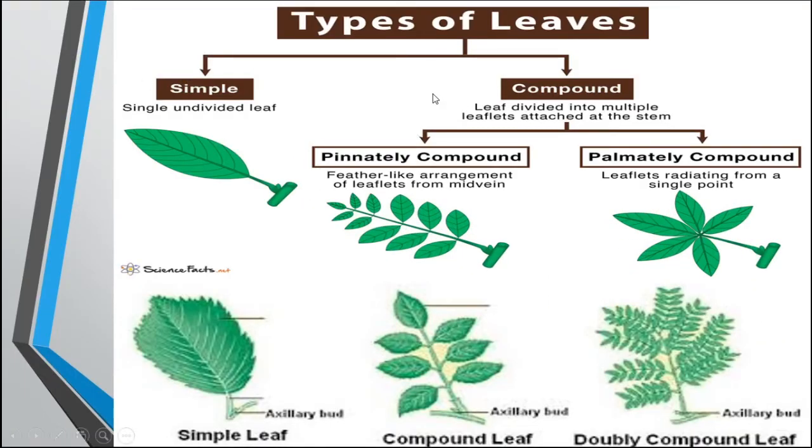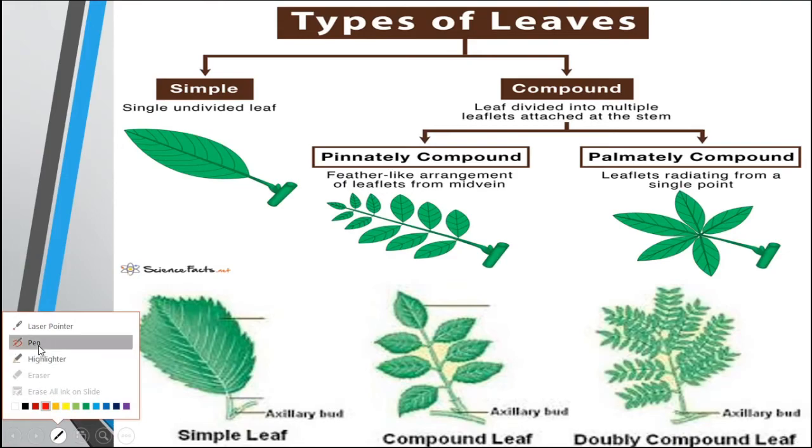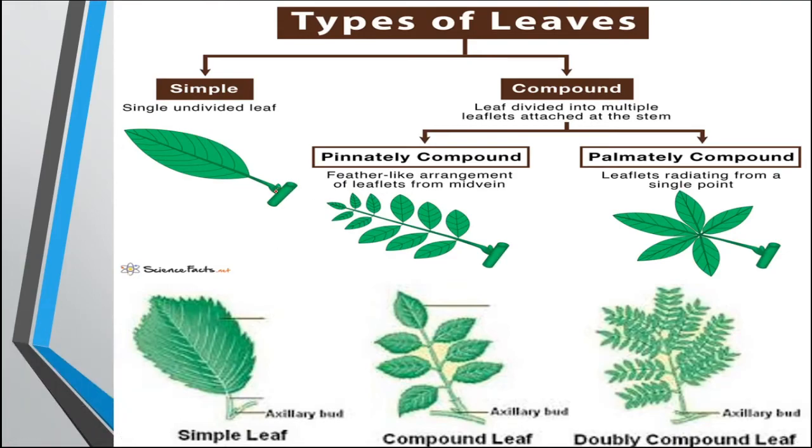Through this diagram we can see different types of leaves. The main two types are simple leaf and compound leaf. Here we can see the simple leaf is an undivided leaf. This is the branch from where the leaf is arising. Then this is the petiole, this is the bract, this is the leaf base, the swollen part, and this portion is known as leaf lamina or leaf blade. Now this is the midrib, these are the veins showing reticulate venation. This is the leaf apex. So these are different parts of the leaf.